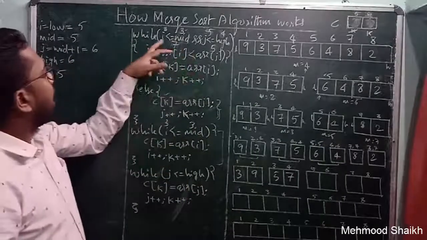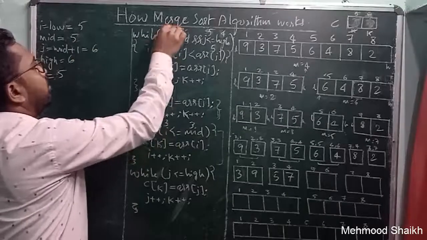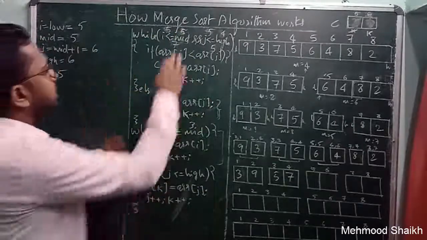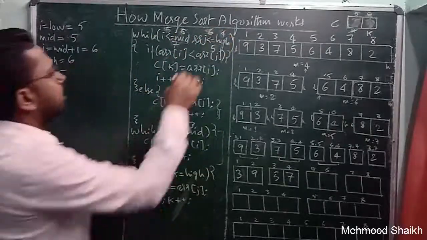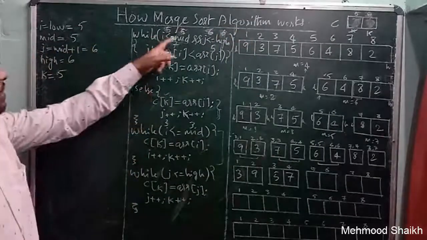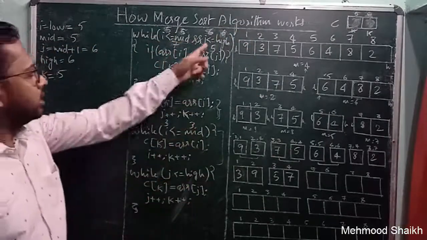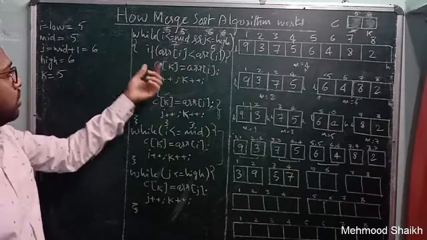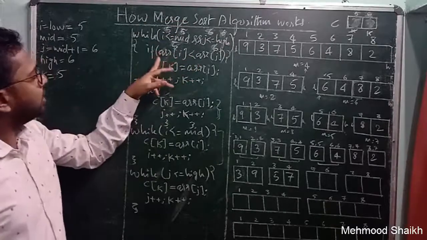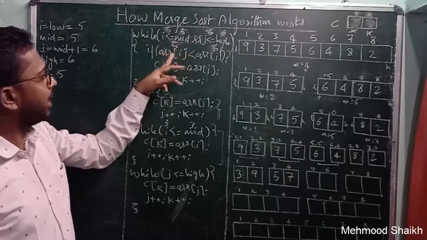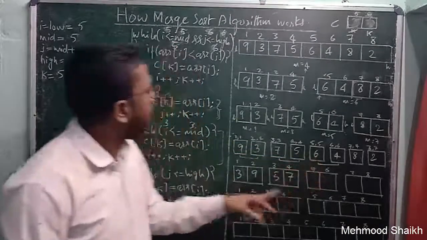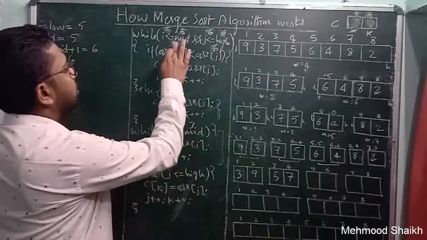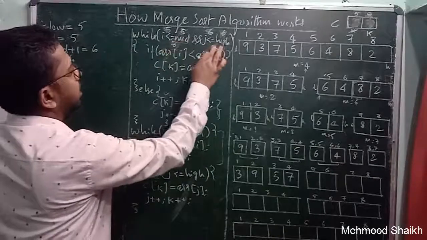Okay, now I is 5, so I will put 5. And what is mid? Mid is also 5. Okay, what is j? J is 6. And what is high? High is 6. Okay, so 5 is less than equals to 5. Yes, condition is true. 6 is less than equals to 6. Yes, condition true. Now both of these conditions are satisfied. We will come inside this while loop to check this if condition. If array of I, now here array of I is 5. So array of 5 is 6. Okay, and array of j, j is 6. So array of j is 4. So now here the values will be 6 and 4.